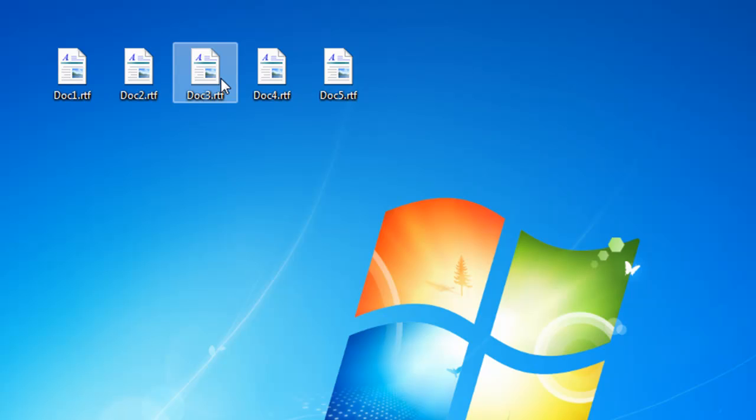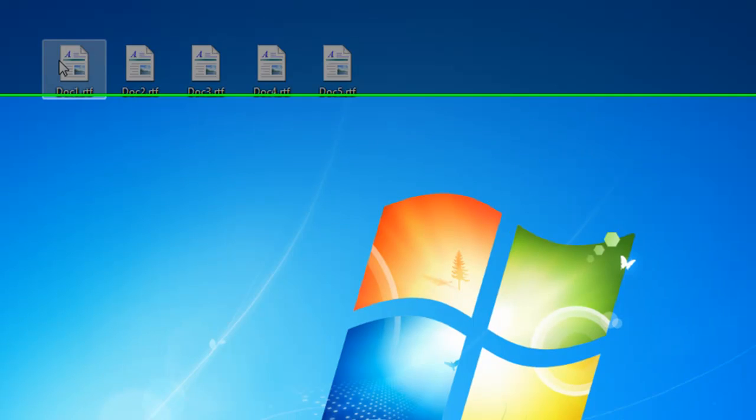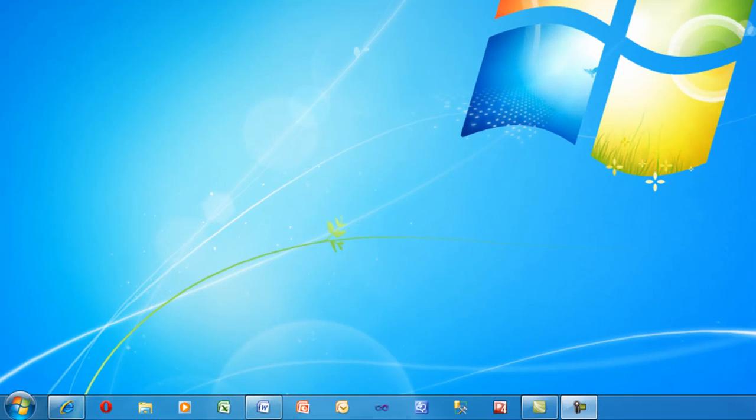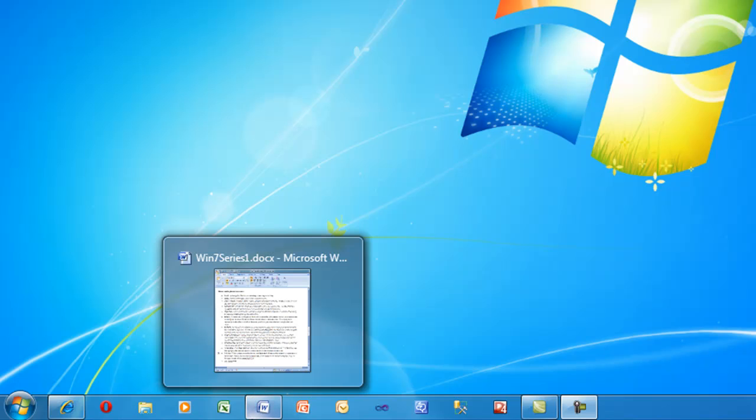Hovering, which is slightly different. Pointing I can do very quickly. Hovering requires me to hover my mouse over something and wait. Often with hovering, I get a short message or some type of information about what I'm hovering over. If I'm hovering over an open program, as you can see on the taskbar, I get a brief preview of